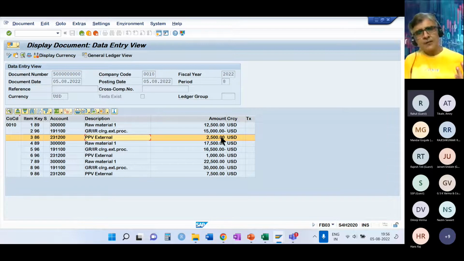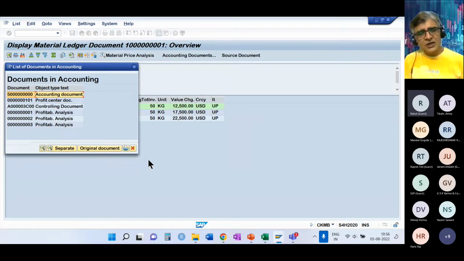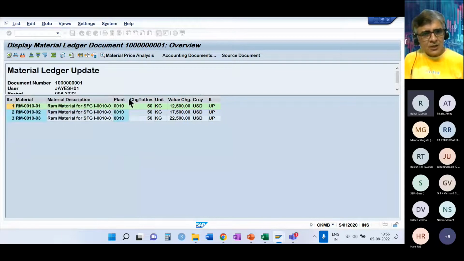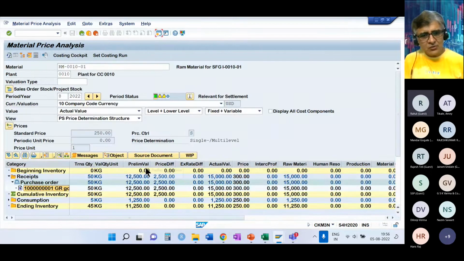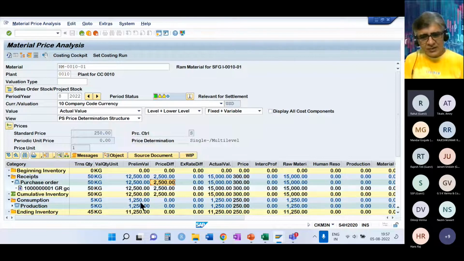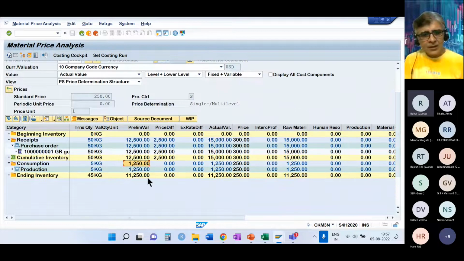So this shows the efficiency or inefficiency of the purchasing department. So using this method, we are not transferring this inefficiency to the production. We are rather capturing the variance at the early stage, at the purchasing stage itself. So the material ledger can tell you what was your beginning inventory, the price differences, what are the receipts, what are the price differences, and then the consumption, and at what price the consumption has happened.